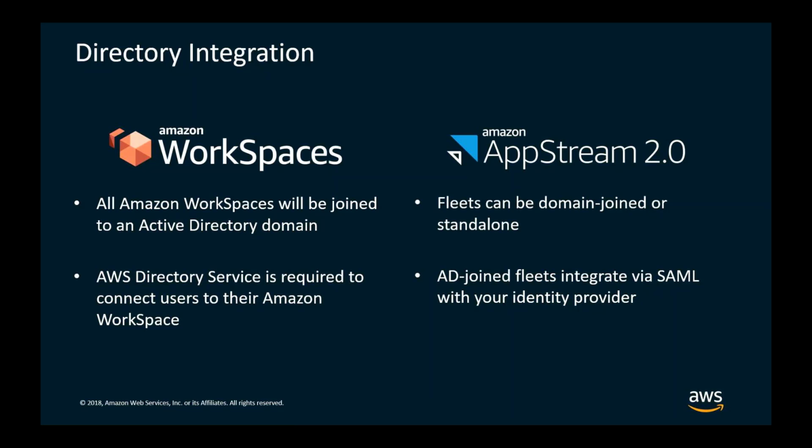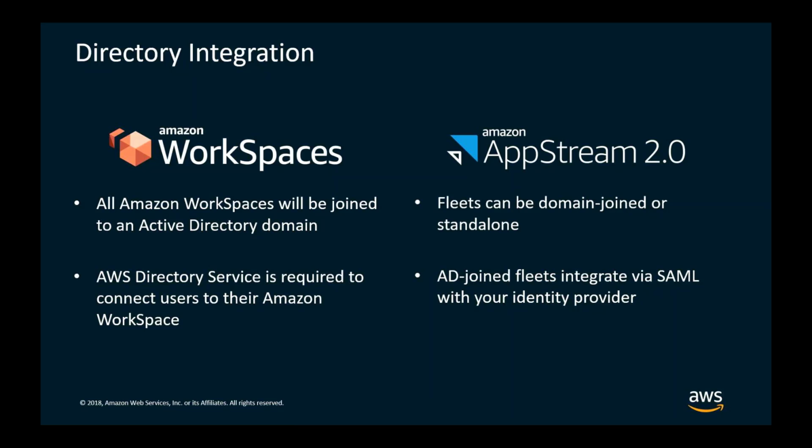Now, AppStream 2.0 fleets can be domain joined or standalone. Domain joined fleets integrate via SAML with your identity provider. There is no AWS directory service required for AppStream 2.0. Again, for our purposes, we're going to talk about domain joined fleets, but we're going to integrate that with SAML, not with directory services. AppStream domain joined fleets, the connection between the user and the fleet is handled by the relay state passed through